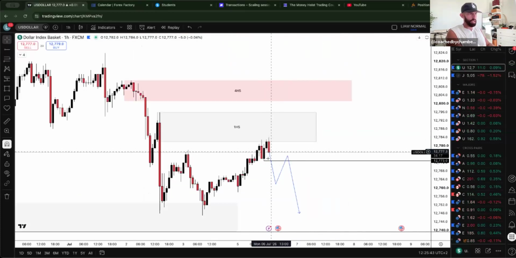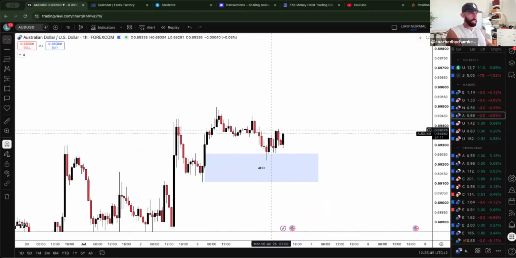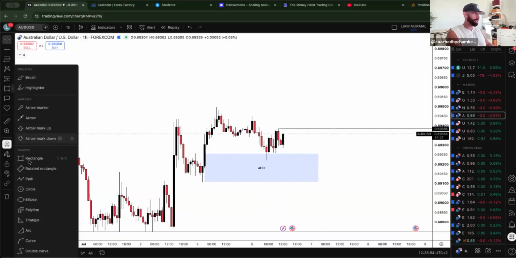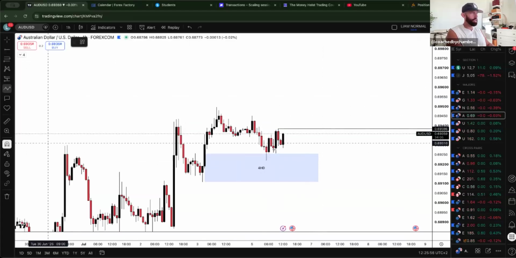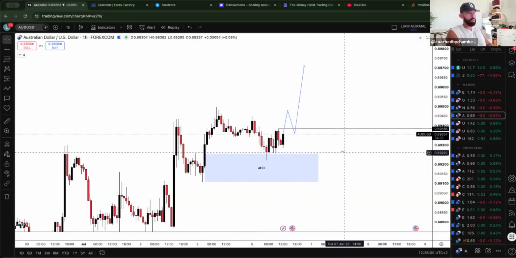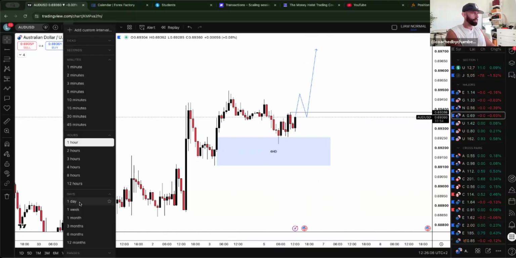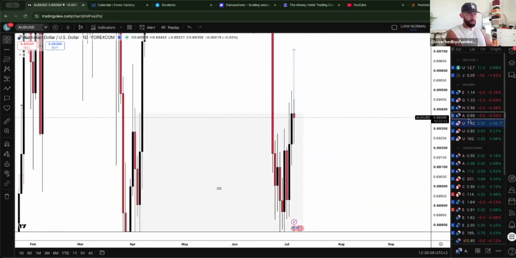Of course, ideally we do break this low on the dollar. It could be beautiful to look for them long ideas if and when we break this high, and then we can obviously target. Let's say we get a candle closure above, pullback, and then obviously carry on long in AUDUSD. Pretty simple. Hopefully it makes sense to you guys. Apologies, by the way, I've got a runny nose.